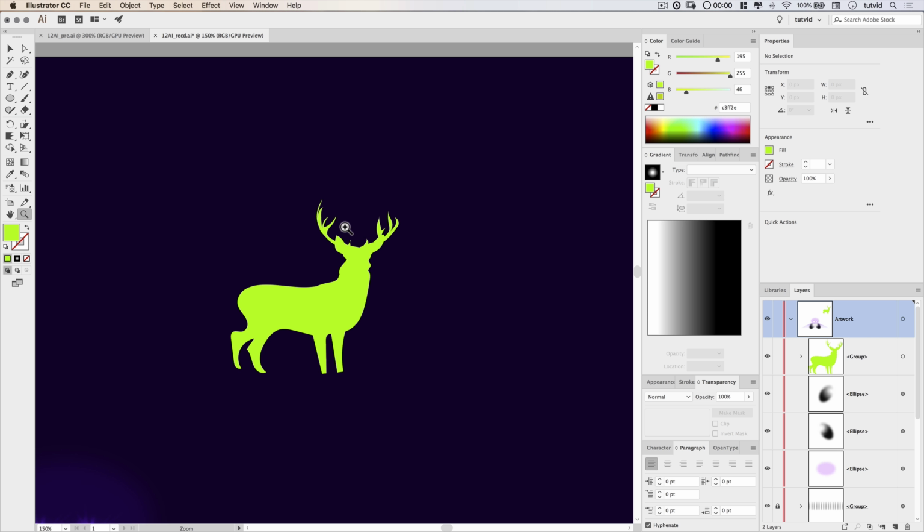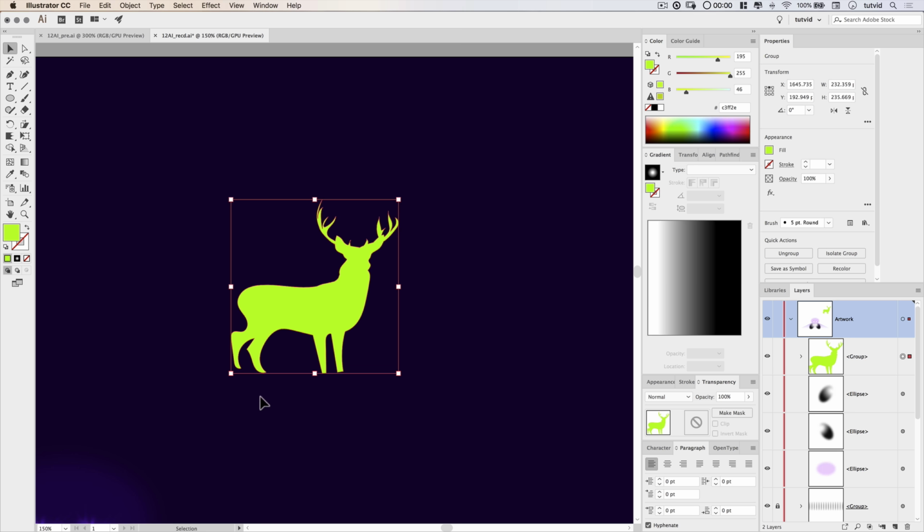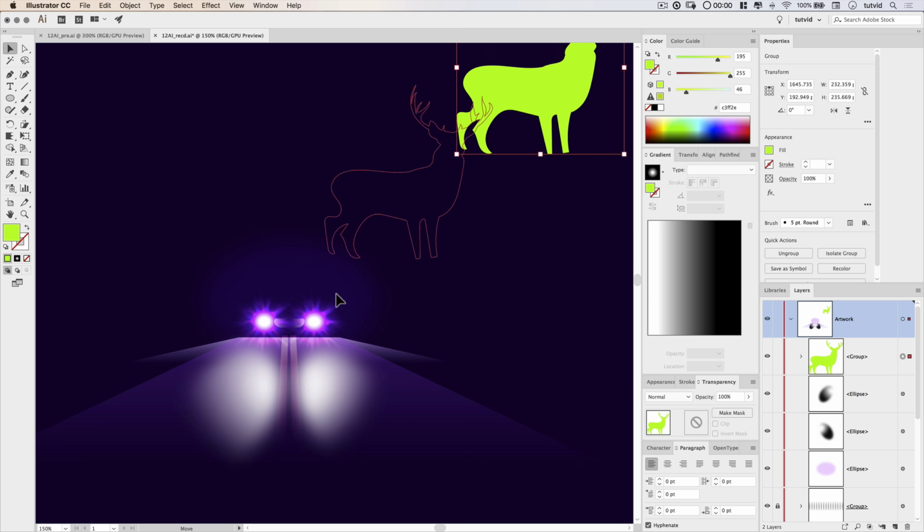And all I did here was, number one, you can take the pen tool and trace something out and just give it a solid fill. What I did was I used the brush tool and the paintbrush tool, and I very quickly traced around this, just one body part at a time. Then I filled all of my shapes, and then I used the Pathfinder to merge them all together into one big shape. And I just colored it this super bright green color because I want you to be able to